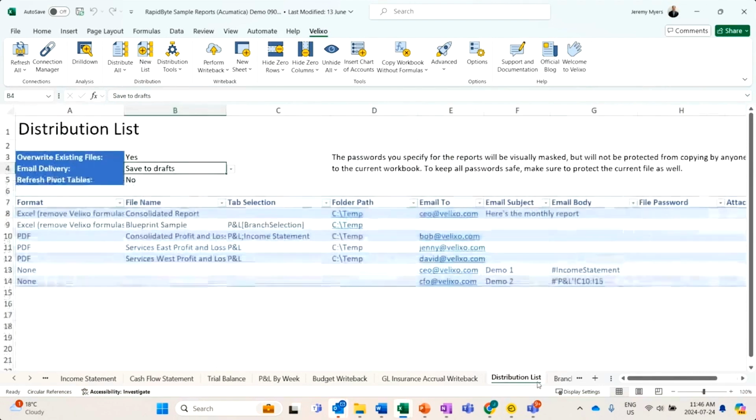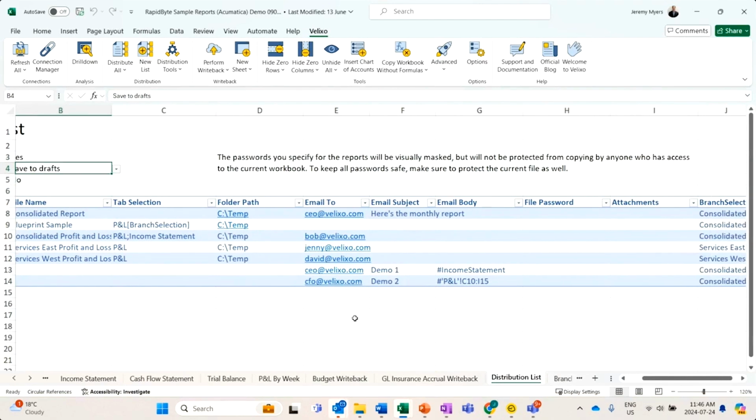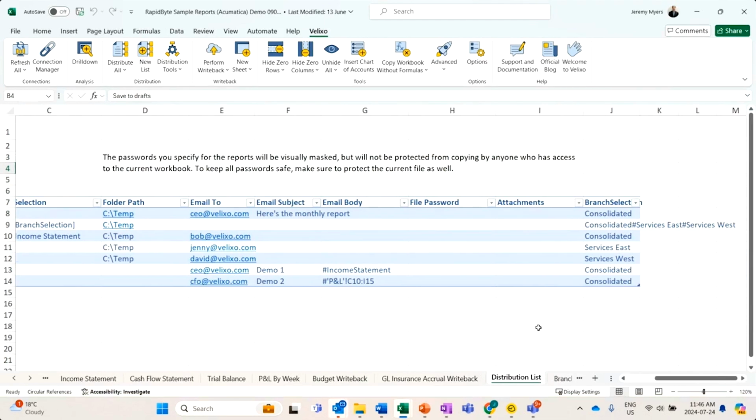Going back to that distribution list, again, you have the ability to decide how you want to send that out. You also have all the different formats. Like I said, you could have it just plain Excel with Velixo taken out or with Velixo in, PDFs, what have you. Again, this could be also with your local drive cloud environment with, say, SharePoint. But this is the key here. And this is where it can really help with some of the time that you spend sending out reports. You can be very